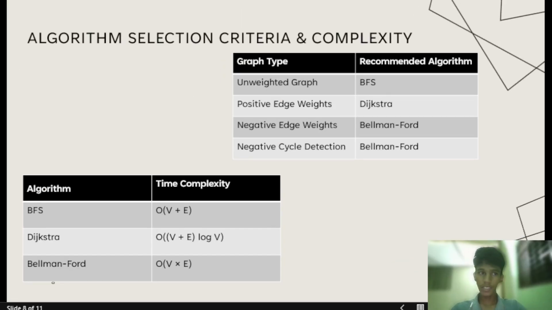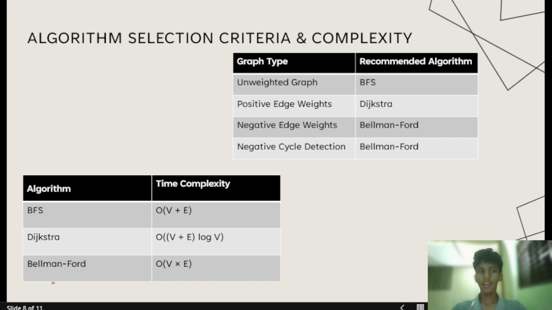So, how do we decide which algorithm to use? If the graph is unweighted, then BFS is the best choice because it's simple and very fast. If all edge weights are positive, Dijkstra's algorithm is usually the best option because it provides fast and accurate results. If the graph contains negative edge weights or if we need to detect negative cycles, then Bellman-Ford is the better